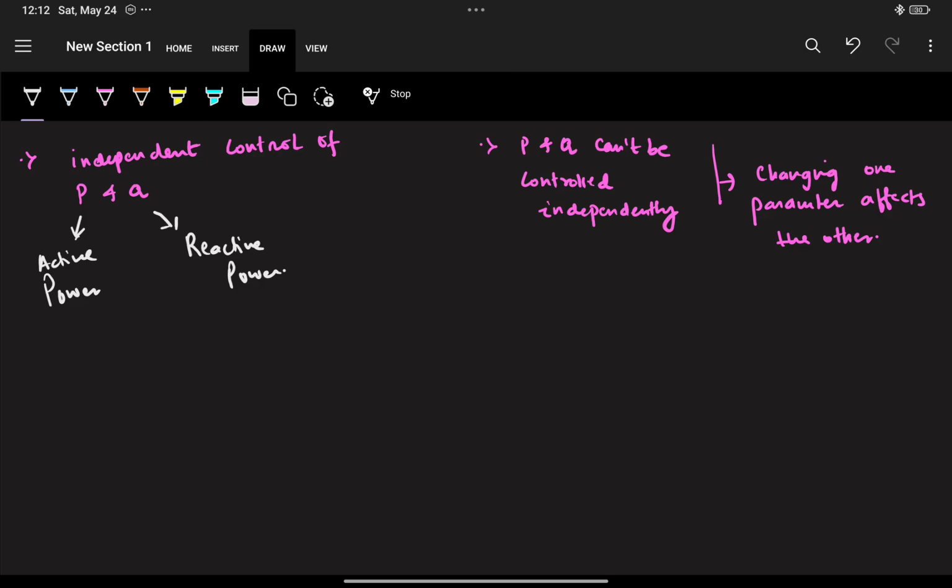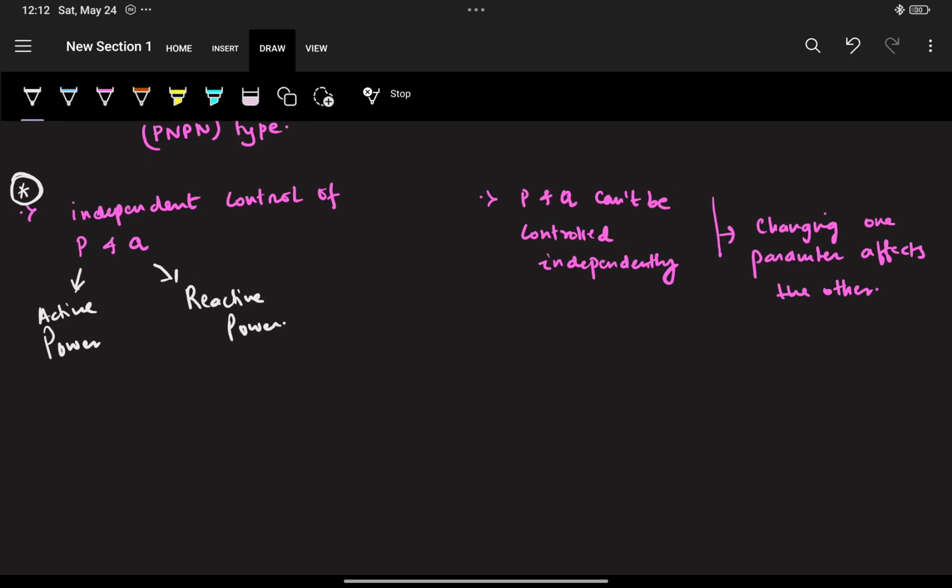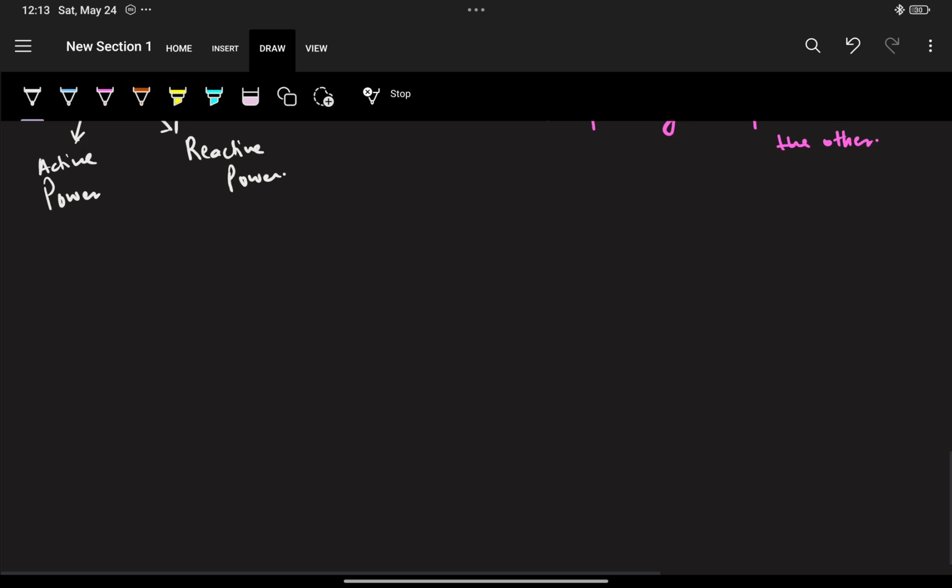To understand this topic, mainly this part, independent control of active and reactive power, this is a very important concept in terms of the voltage source converter. If you go into the dynamic analysis or the derivation part for getting P and Q, you will get one equation which I will write here. When you derive the power flow equations for voltage source converters, you will get P equals 3 by 2 V into ID. Similarly, for Q, it is 3 by 2 V into IQ,